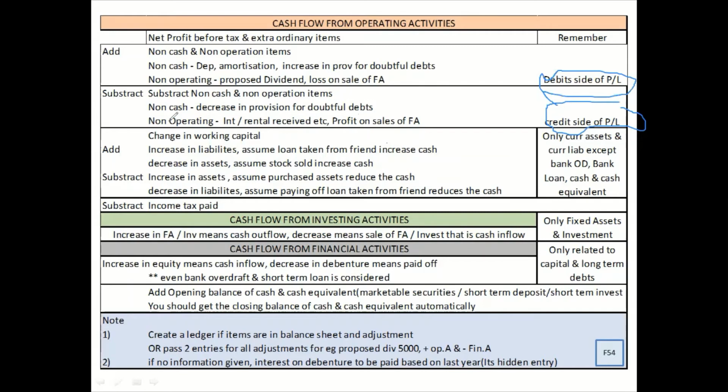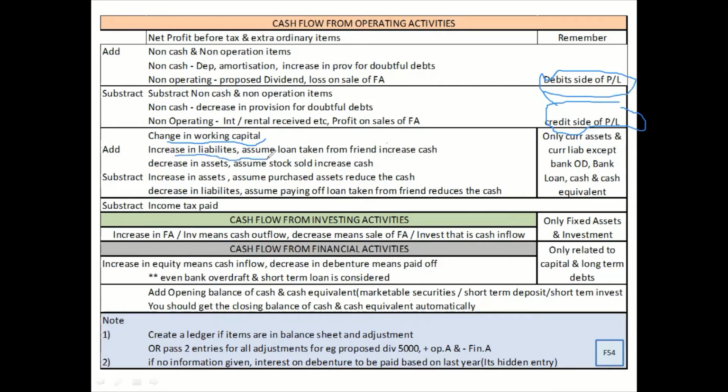Then from there, you move on to change in working capital. If you remember, in ratios, we learned working capital, which is nothing but your current asset and your current liability. So what is current asset and current liability? It is directly related to your operations, your debtors, your creditors, bills receivable, all those things, right? So over here as well, you will be writing add and subtract, and you're going to do this part.